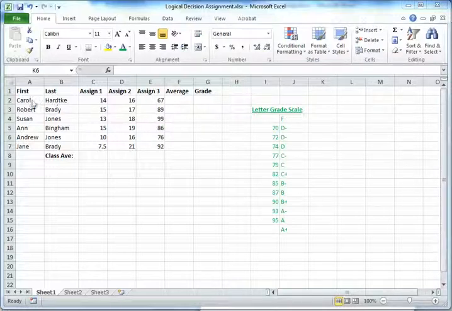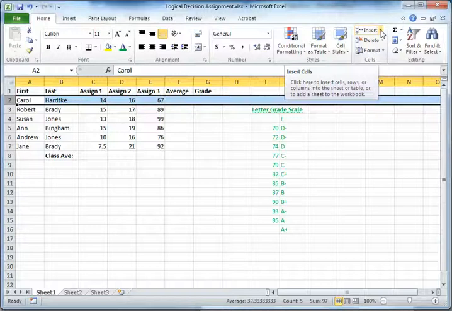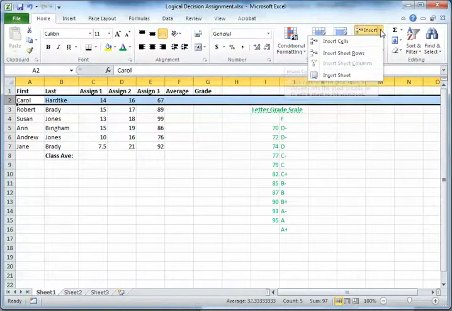So I specifically wanted to create this file so that you would have to insert a row. So I'm going to click here when I get this side arrow, highlight this row, and then go find the insert. I've got a little bit smaller window, but you're going to find insert somewhere across your ribbon. When you open the pull down menu on insert, you get a choice to insert an entire sheet or just some individual cells. Here, because I selected horizontally, it's going to give me a choice to insert rows, plural,